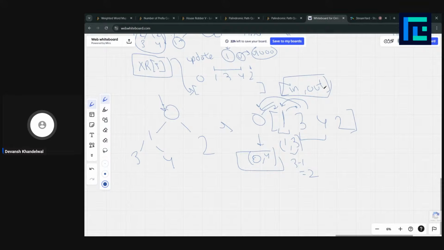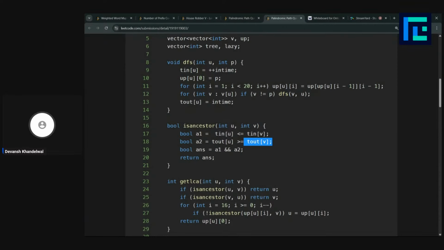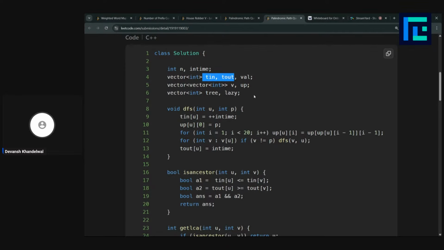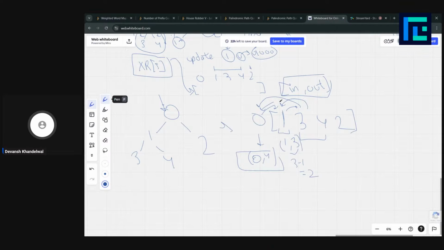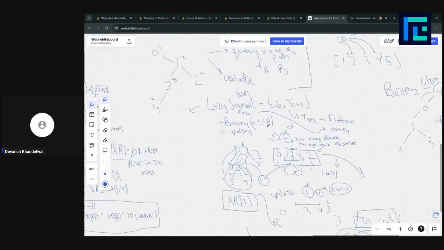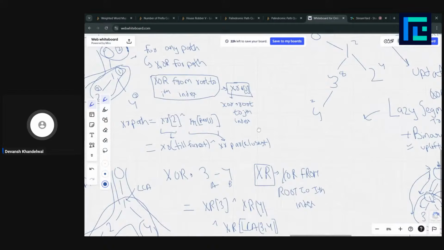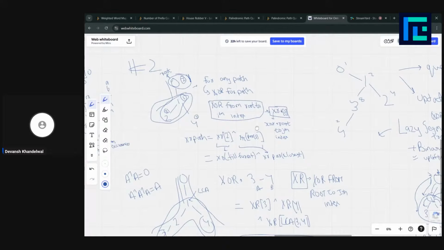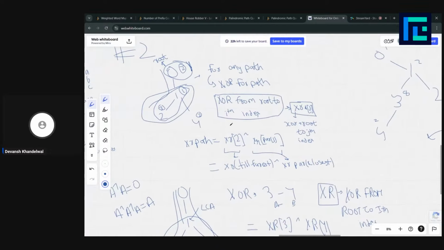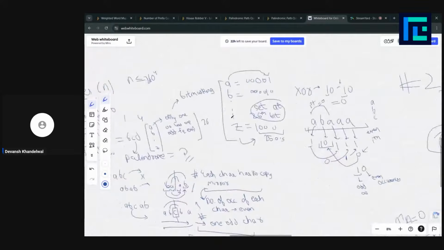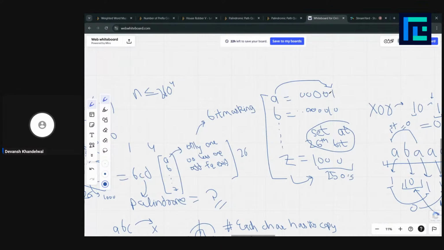Similarly, we have in time and out time for each node that we are storing in t in and t out. And this val is what we are storing in the val. We are storing the value of every node, right? What is the value of every node? It corresponds to the character at the current node. For A, it is 00001.